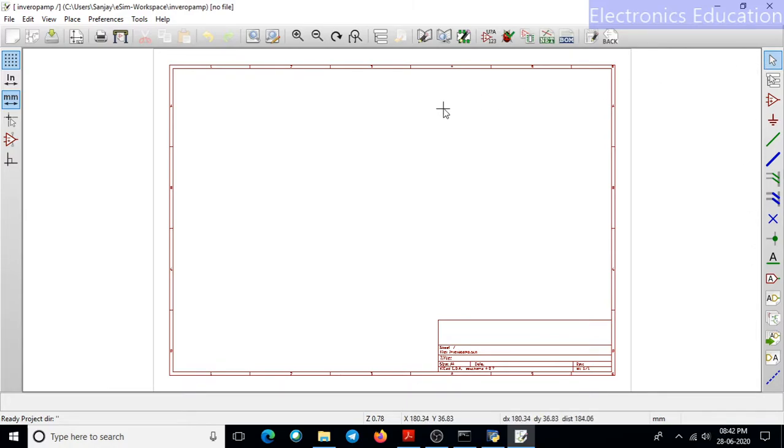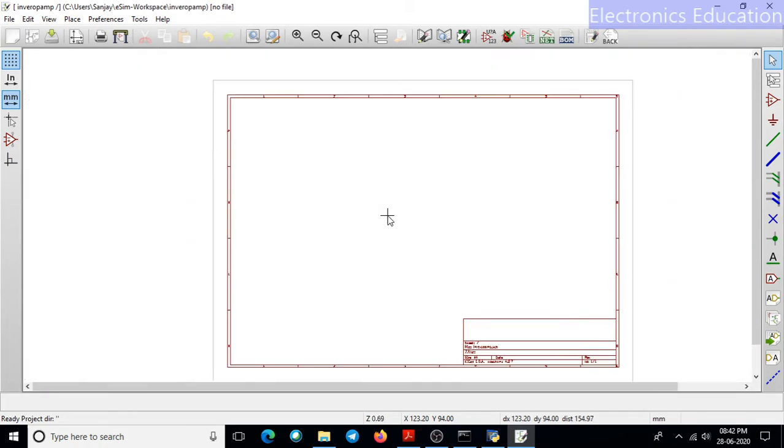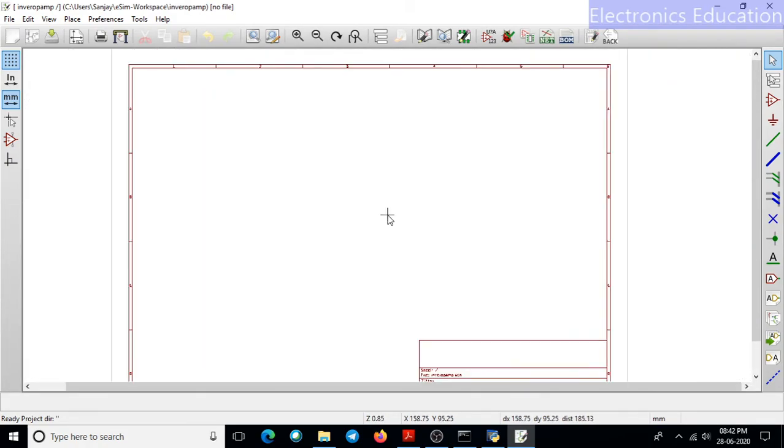So one by one we will see along with its application. So this is a cursor, so I have this cursor here. Now the beauty is you need not select anything, just place the cursor and use your mouse button to zoom in and zoom out. So this particular window will zoom in and zoom out.